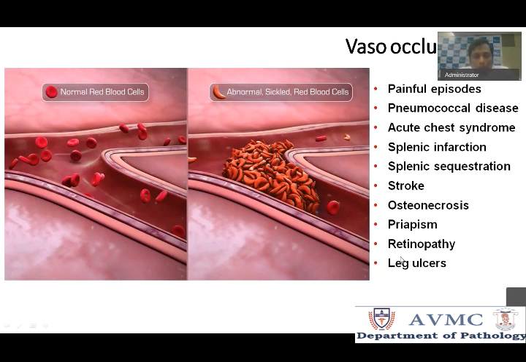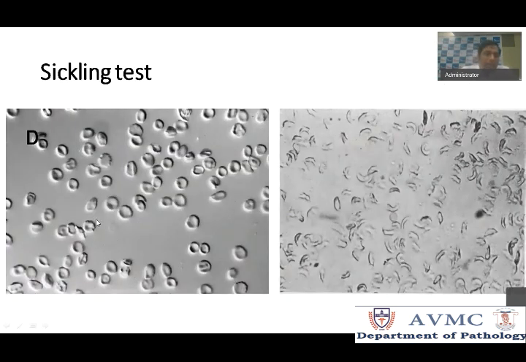Okay. So this is the sickling test, which is again a test we do in sickle cell anemia. This is normal. What we do here is create an in vitro deoxygenated state for the RBCs. We take RBCs and mix them with 2% sodium metabisulfite. We seal the edges so that no oxygen goes in, and we see it after 12 or 24 hours. So this is normal RBCs, showing that biconcave shape. In sickle cells, all the RBCs are turned into sickle shaped. Okay, so this is the sickling test, which is used to confirm your diagnosis.